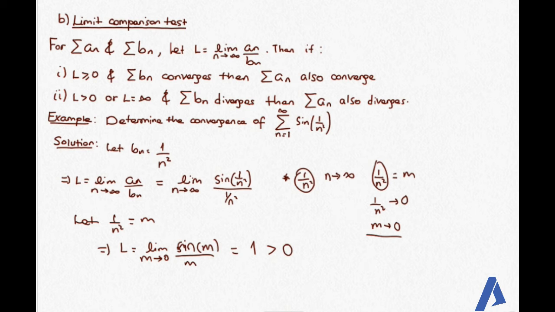ስለዚህ ምንድነው የsummation of bn convergenceን ቼክ እናደርጋለን። summation of bn ማለት it's 1 over n square from p series 1 over n to the power of p form p is greater than 1 ማለትም summation of bn converge ያደርጋል ማለት ነው። ስለዚህ summation of bn converge የሚያደርግ ከሆነ by limit comparison test summation of an converge ያደርጋል ማለት ነው።